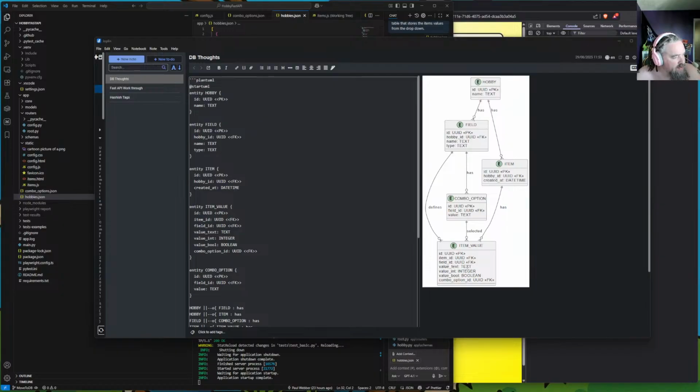Right, so the item value, it looks like it's going to create the table item value